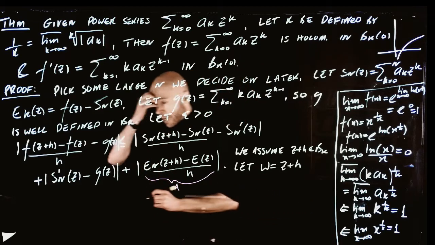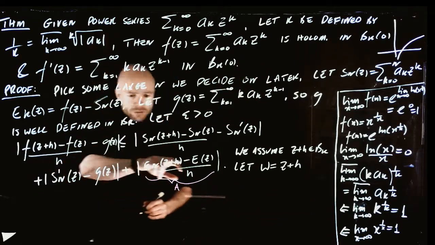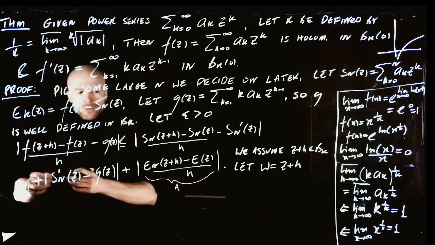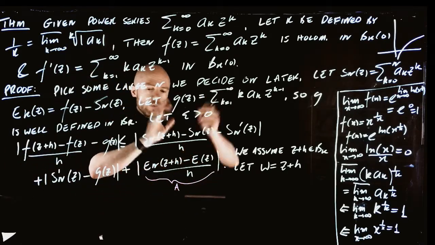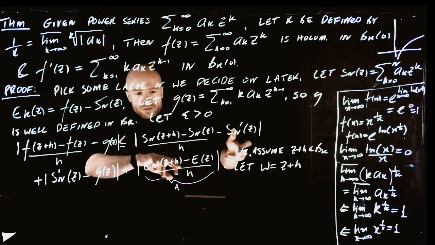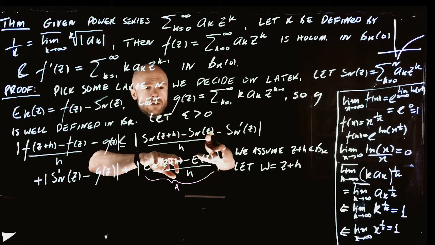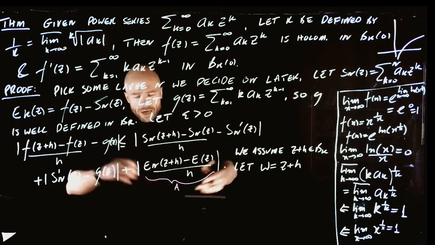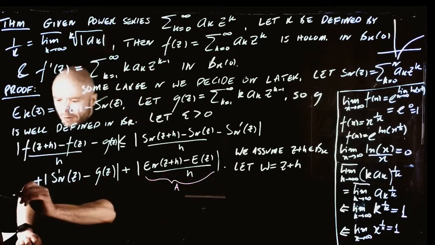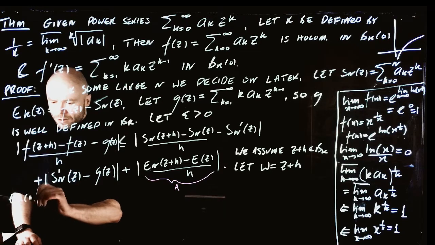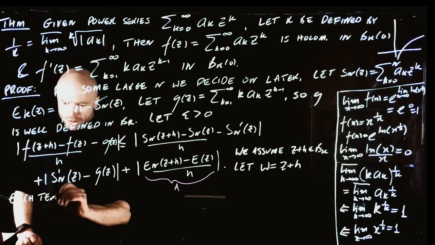What are the terms of this like? Well, we have the coefficients in front, and then it's going to be z plus h to some k minus the same coefficient on z to the k. So what I mean is each individual term of A